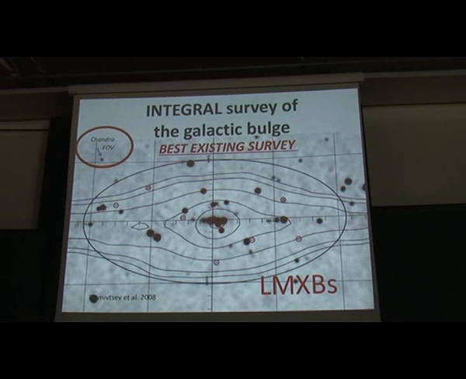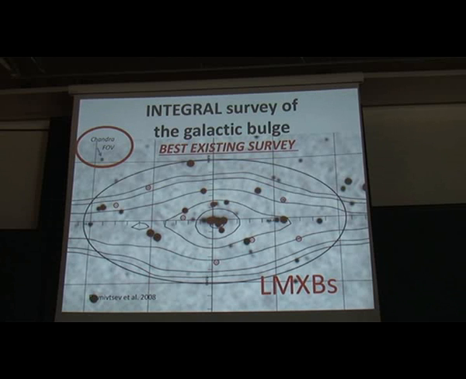You can probably hear some chauvinistic claims from Chandra and XMM people that they can do anything better. But actually it's not so, at least in this case, because if you see what the Chandra field of view is, and you multiply the number of observations that they can do in this area, and multiply the number of kiloseconds they can spend, it would take them 30 years or 100 years to make the same deep observation of the galactic bulge as INTEGRAL can do.